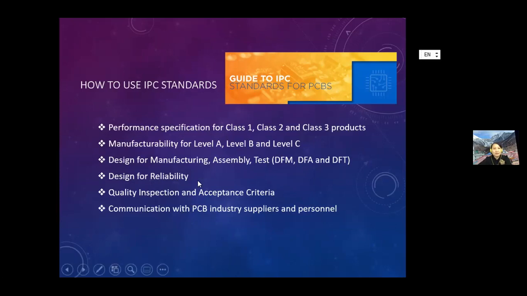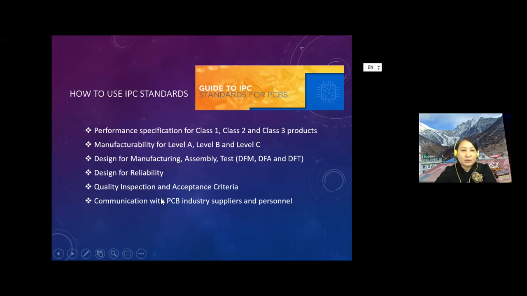And of course, it also covers design for reliability, which is part of the class 3 products. So we also talk about how to make your design a lot more robust compared to just normal requirements. And it also includes quality inspection and acceptance criteria. So anything that you need to do or create or produce an electronics product can be found in the